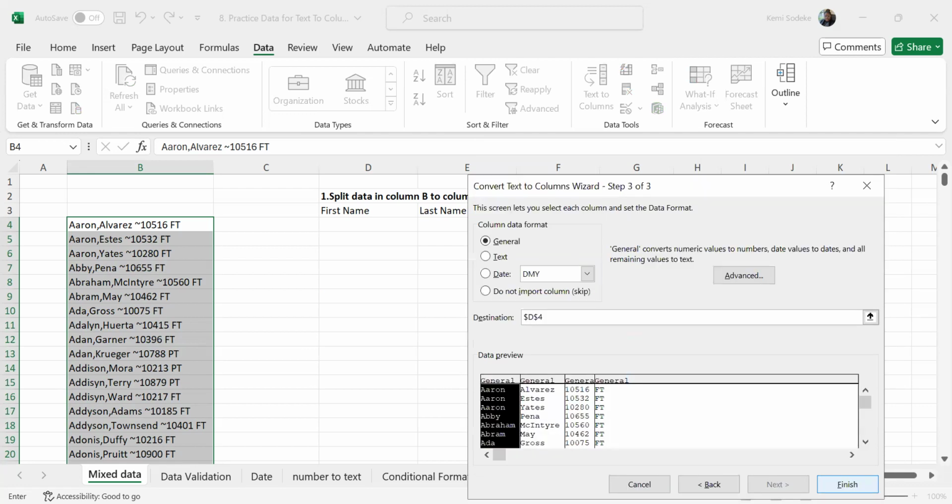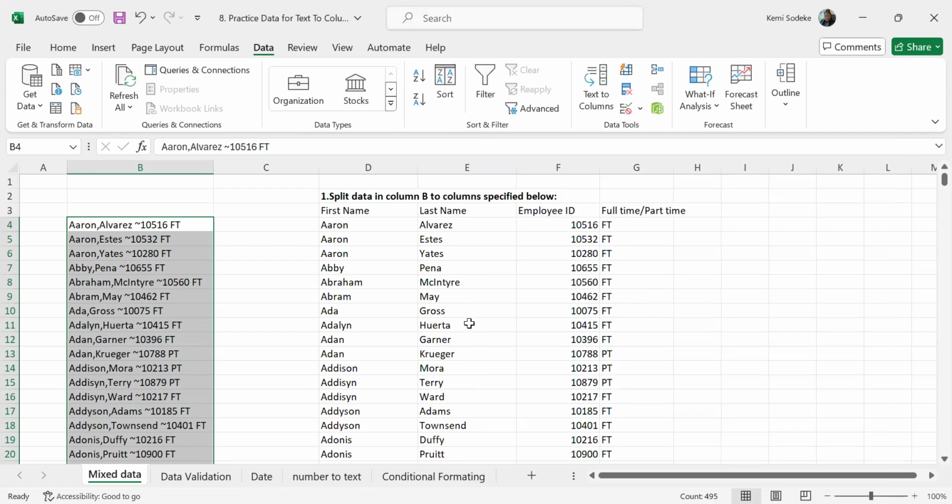And then I can do finish. And then it will split my data perfectly. Sometimes you might need to put in a character to be able to split the data. So you actually have to manipulate the data so that you're able to split it. Sometimes you split it and there might be nothing to split